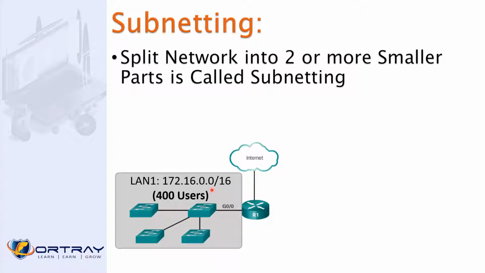So for example, say this network only has 400 users, and the subnet mask and IP address range we have assigned is 172.16.0.0/16. How many IP addresses, by the way, do we have here? 1,000? No, it's more than that. Around 65,000, which is 2 raised to power 16. This is 8 plus 8, so how many bits do we have? It's a /16. /16 means 255.255.0.0. So basically, it's a class B network, and in a class B network, the default is 16.